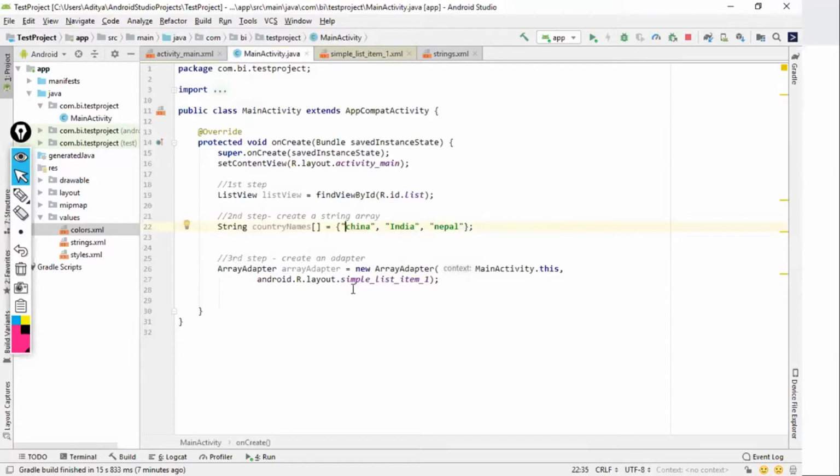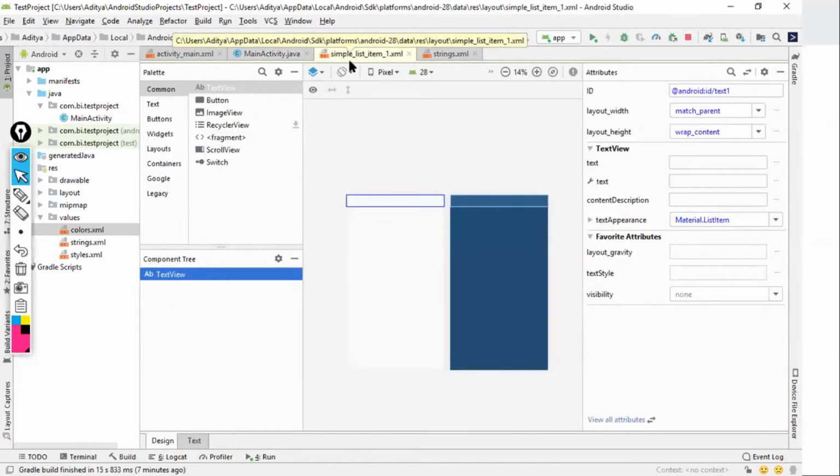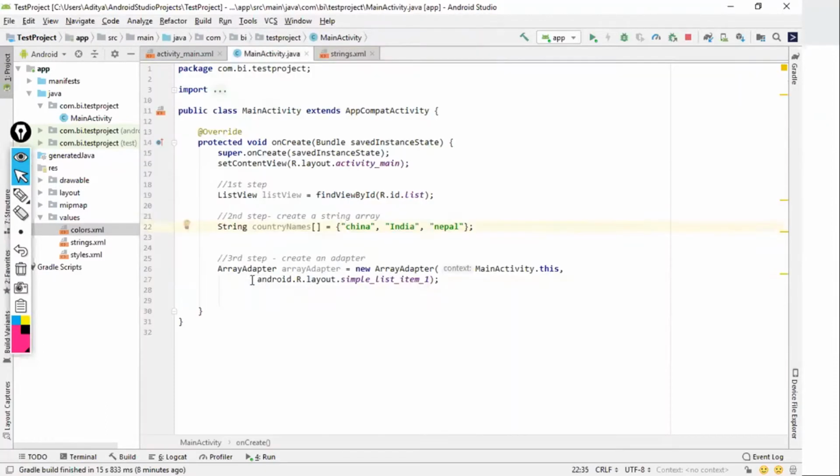Now the fact is, you cannot provide any text view out there. Android has already created some default layouts for you. Putting values in a list is something quite common. That's the reason Android has already created a layout file for you. The name of the layout file is simple_list_item_1.xml. So in this layout file, there's just a text view. So what I did, I just passed this layout file into this.